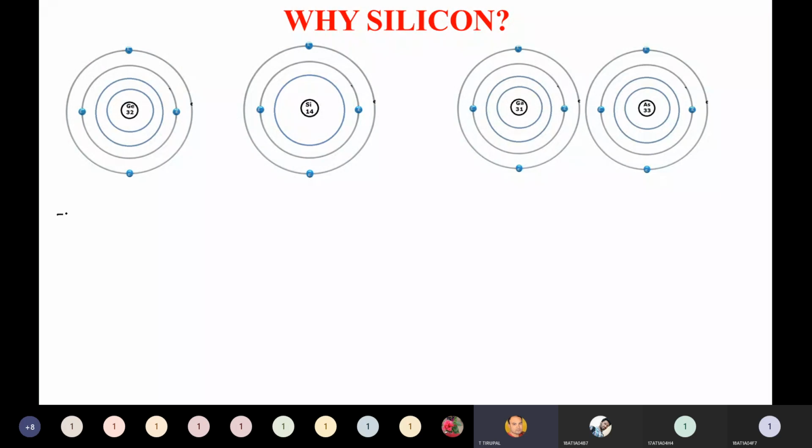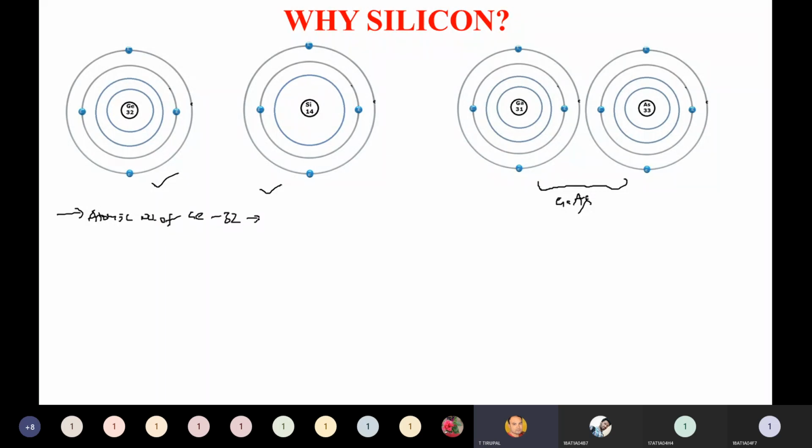So you see the first point here. You take germanium because these are semiconductors actually. Germanium is a semiconductor, silicon is a semiconductor, gallium arsenide is a semiconductor. This is called a compound semiconductor. Gallium arsenide is a compound semiconductor. Germanium and silicon are single crystal semiconductors. Now the atomic number of germanium is 32. If the atomic number of germanium is 32, let us see why we choose silicon only in electronics.